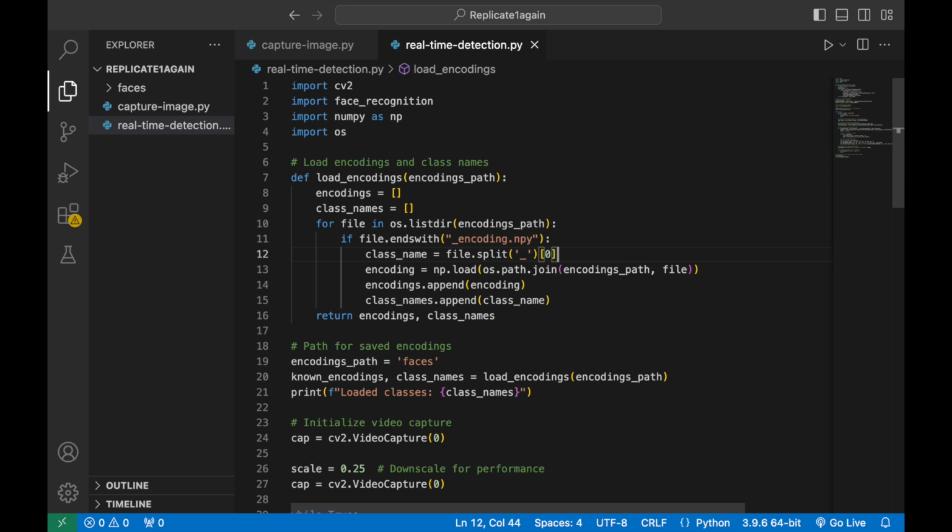After the libraries are imported, we'll create the load encodings function. This function goes through all the files in the faces directory, looking for files that end with encodings.npy. This extracts the person's name from the file name, loads the encoding using numpy load, and stores both the encoding and its name in the lists. Once the function runs, it returns two lists. Known encodings, this creates a numerical representation of saved faces, and class names, which are the names corresponding